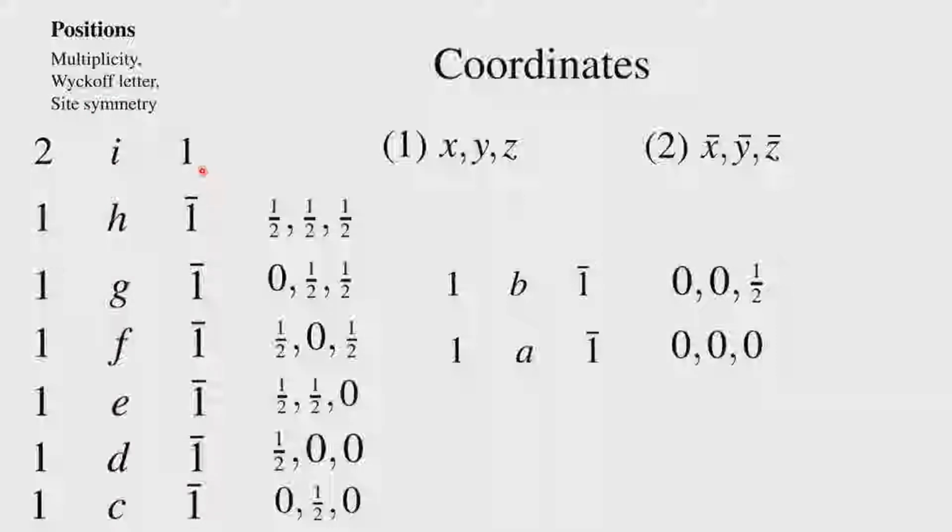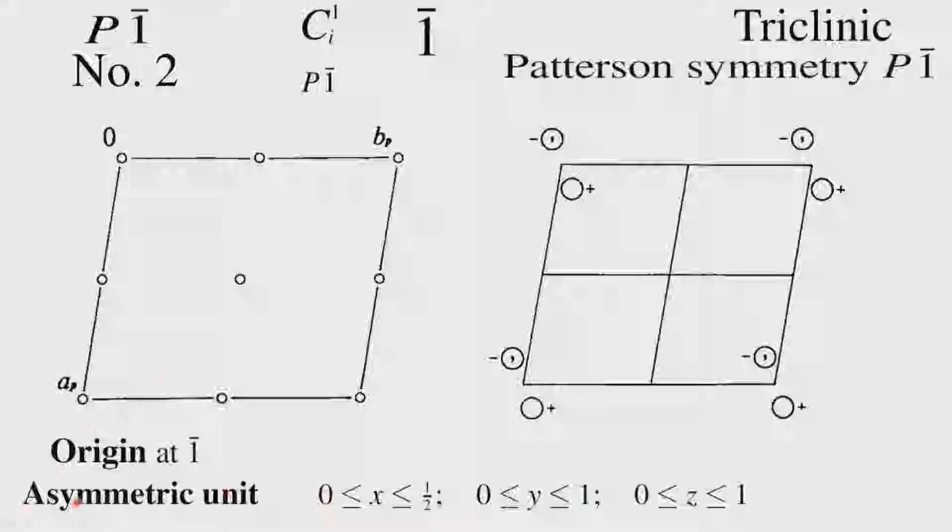2I represents the general position. So, there are totally 1, 2, 3, 4, 5, 6, 7, 8 special positions, and 1 is the single general position. Now, what is the meaning of this special position? Let us interpret it with respect to the position which we show now by marking it.